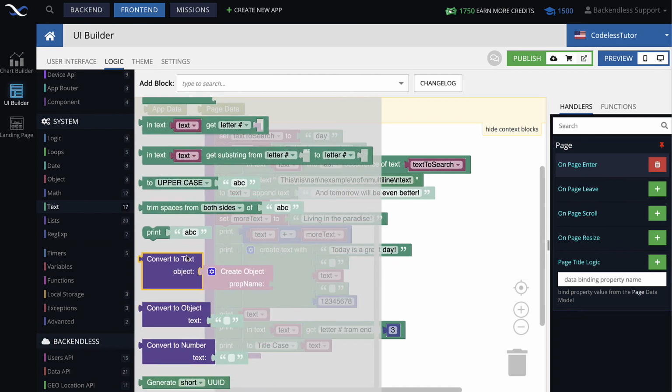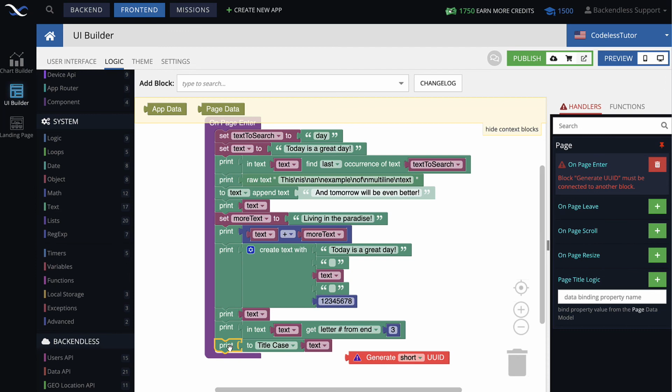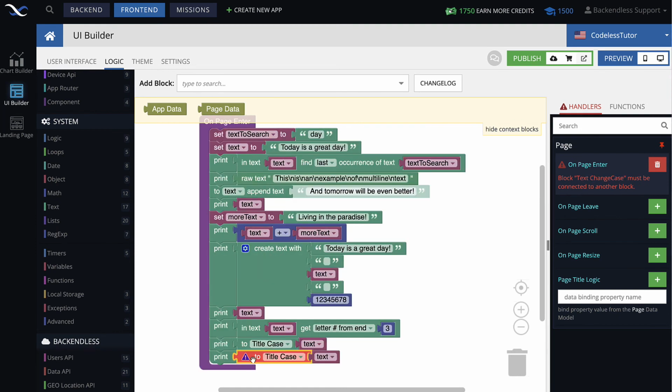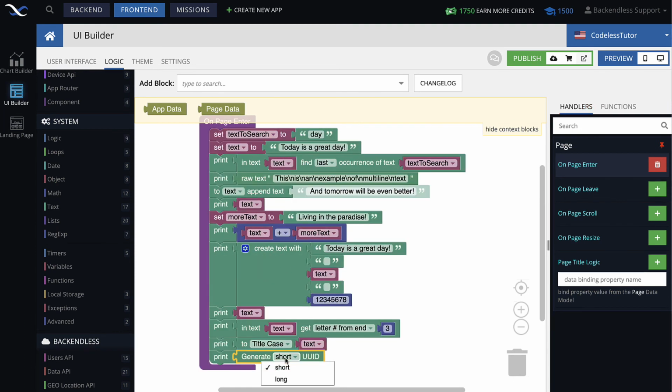Now, some other things are more related to working with objects. We're going to skip them for now because once we start working with objects, we will be coming back to that. Convert to number, we talked about when we talked about data conversion and coercion, I mean, the type conversion. Generate UUID. Sometimes it becomes very helpful and you need that. Let me show you how that will work. So in here we have generate short or long UUID. What is UUID? I think it stands for universal